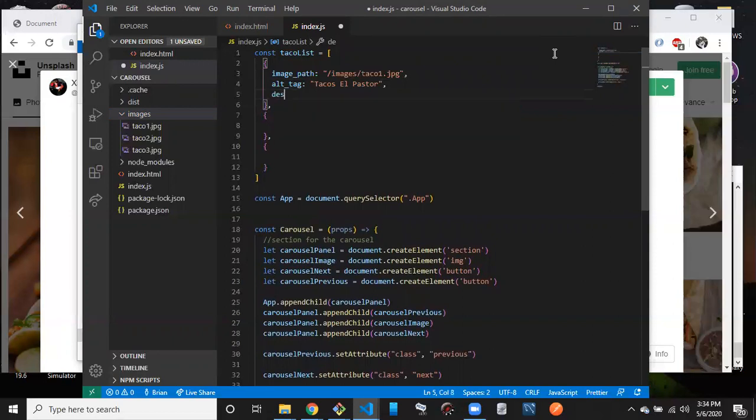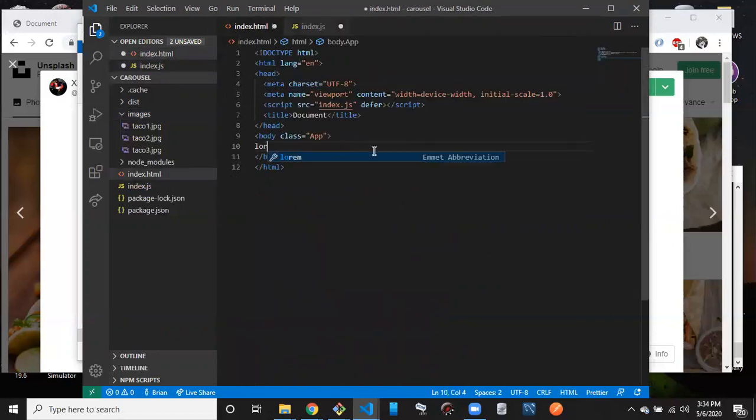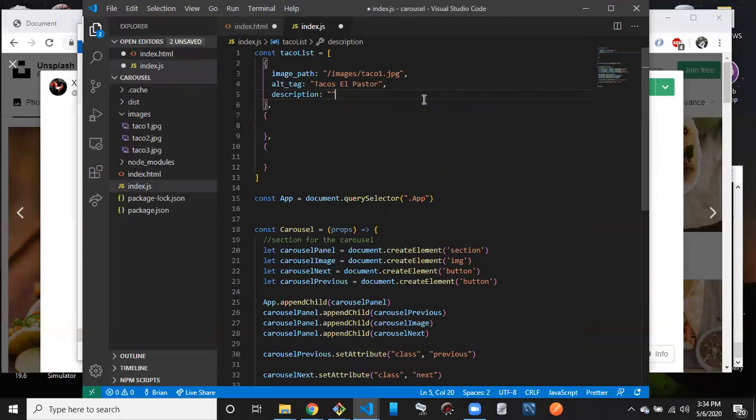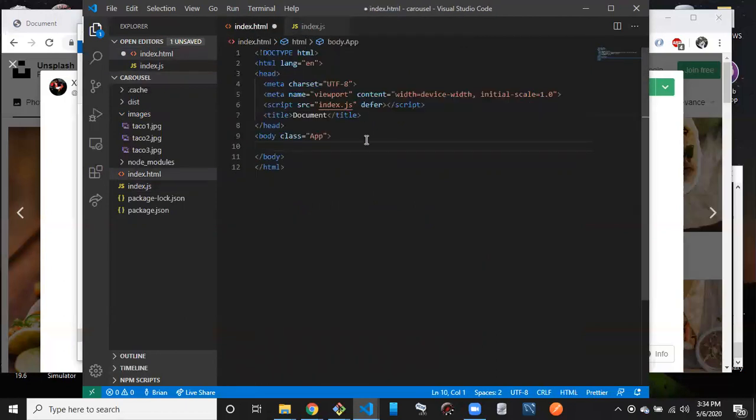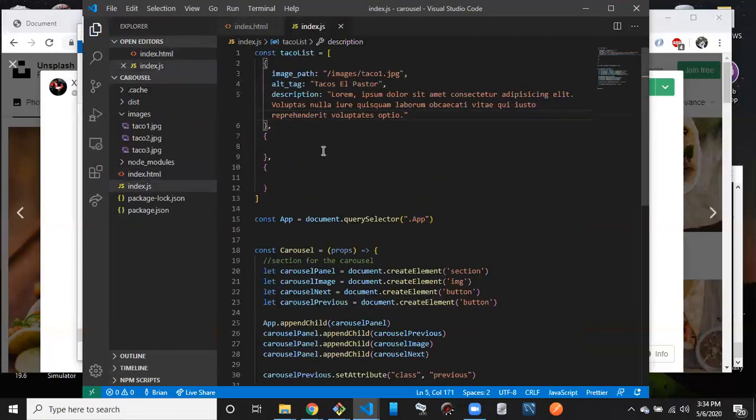And then say a description. And lorem 20 is not going to work. So here I'm going to grab a lorem right quick. So let's do. There we go. It doesn't like it in JavaScript code. Okay, cool. So we'll save that. We'll save index because it had that stuff in there. And then